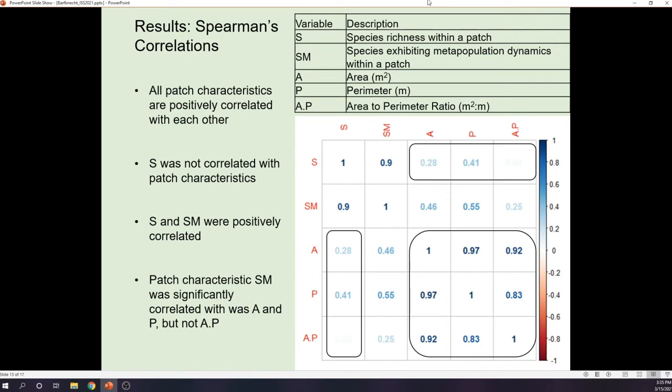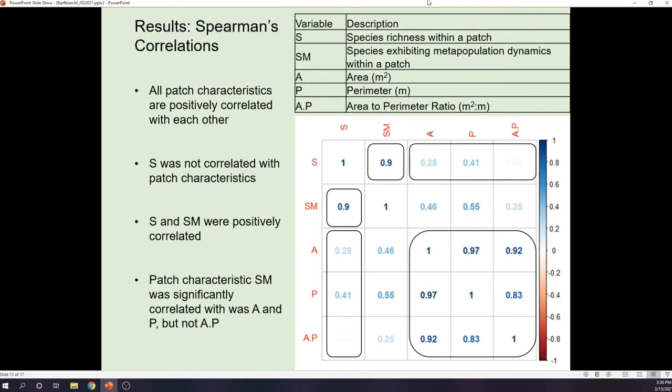And so moving on to total species richness, compared to the species area relationship, this is a case where it actually doesn't apply in this patchy network, where most of the patch characteristics such as area, perimeter, and area to perimeter ratio don't really correlate necessarily with the total amount of species that occur within a site. However, the total number of species and the total number of species that exhibit metapopulation dynamics are actually quite highly